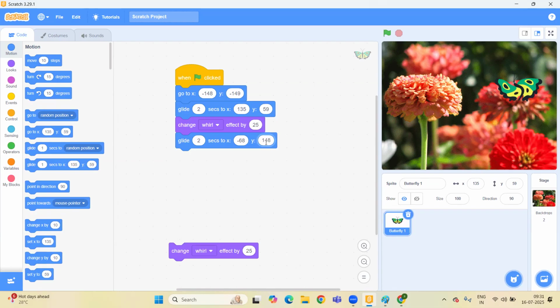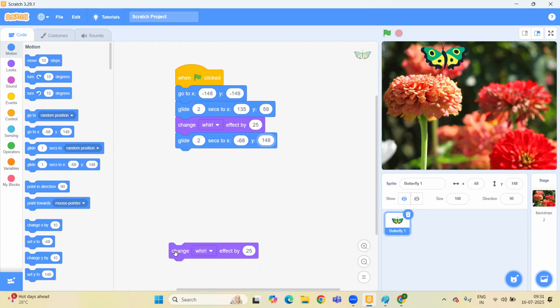So it is a negative and it is a positive. So it will be x negative and y positive. It will be here in the upward direction, but to the left. We can check by running this code and clicking the flag once again. It will start from the beginning, glide, then whirl, then glide in the other direction.